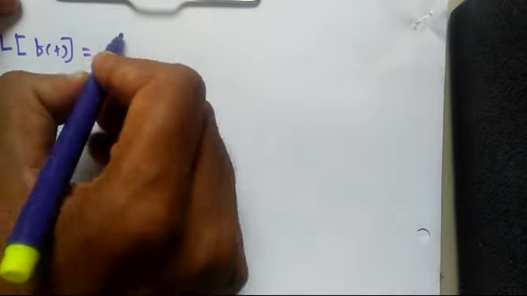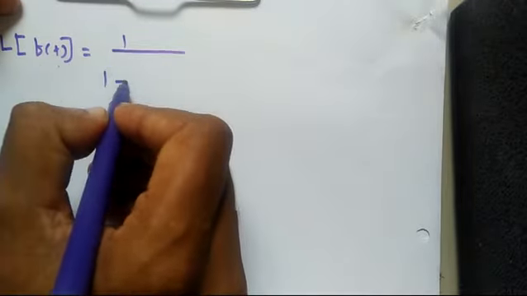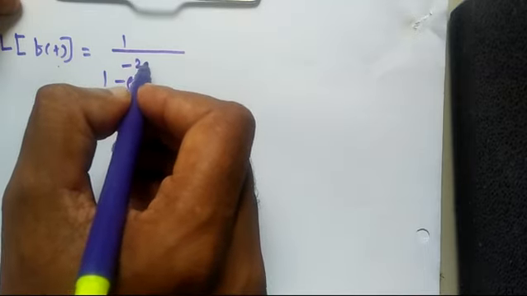Okay. So after that we are getting the Laplace transform of f of t is equal to 1 upon 1 minus e to the power minus 2 pi